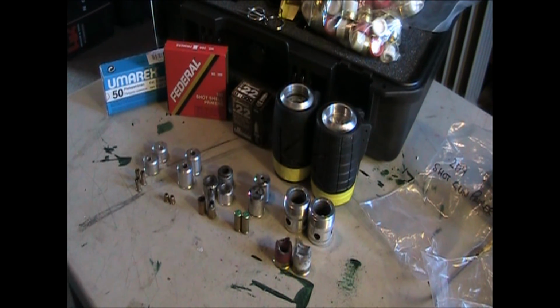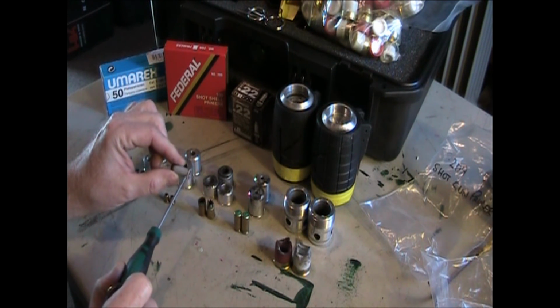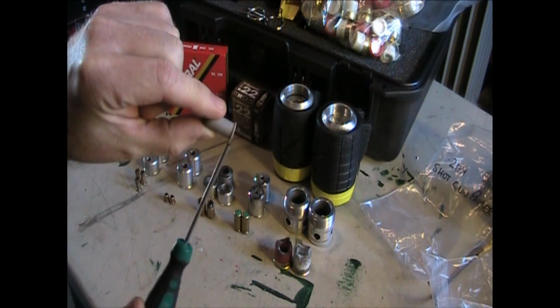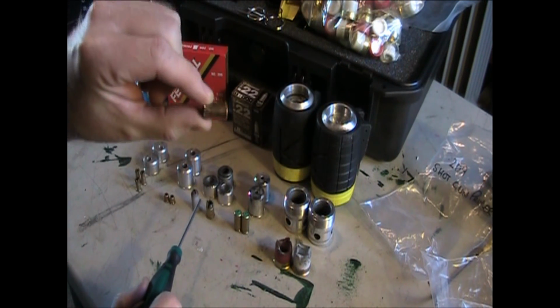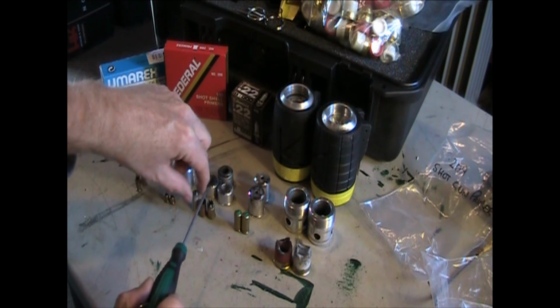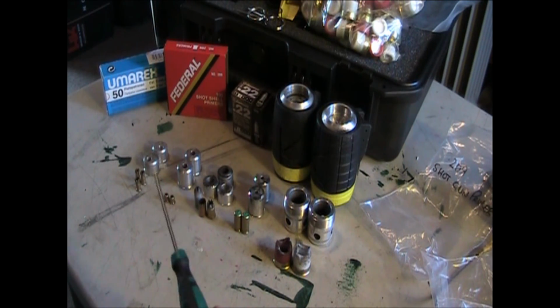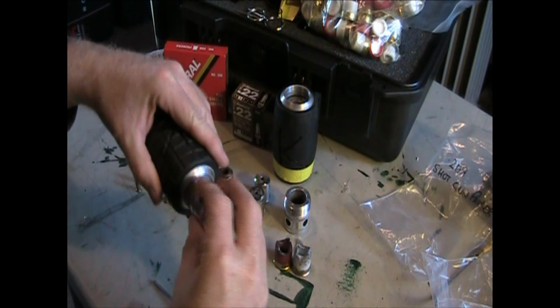One little note that I would give everybody is when you put these in, the 38s, what I was talking about before, if you can see how wide this lip is right here compared to the lip on here, which looks similar in size, but it sticks down a little bit more, and you have to give the grenade a little bit extra toss turn. What I was doing, as an example, so I can show you guys, is when I was putting this in,